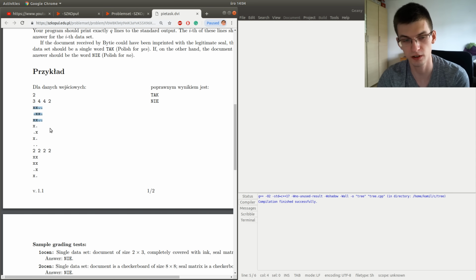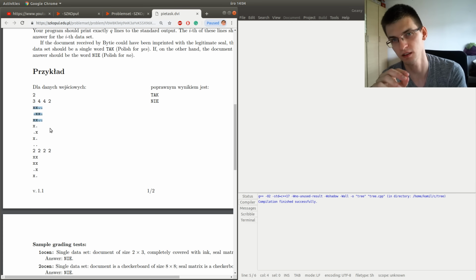So in particular, if the smaller shape is just one cell, one X, then the answer will always be yes, because the question is whether it is possible to put the smaller shape a few times so that we get exactly the bigger one.